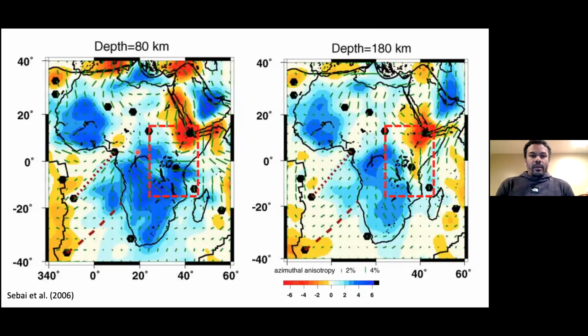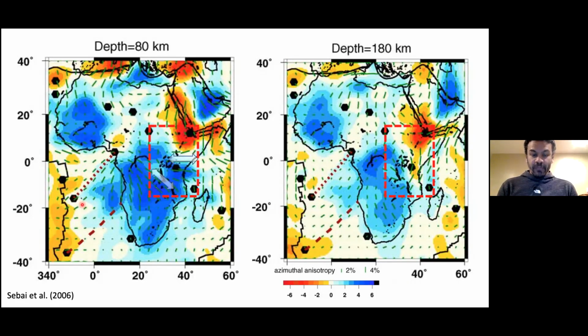So then what about the mantle flow pattern beneath the region? This is an old study from Sabe et al. 2016 on a larger scale, where they produce an azimuthal anisotropy map. What we map here is the shear wave velocity variation with depth, and the line corresponding to the phase direction of the azimuthal variation of the velocity at different depth. As you can see, for the 80 kilometer on the left and 180 kilometer, we have